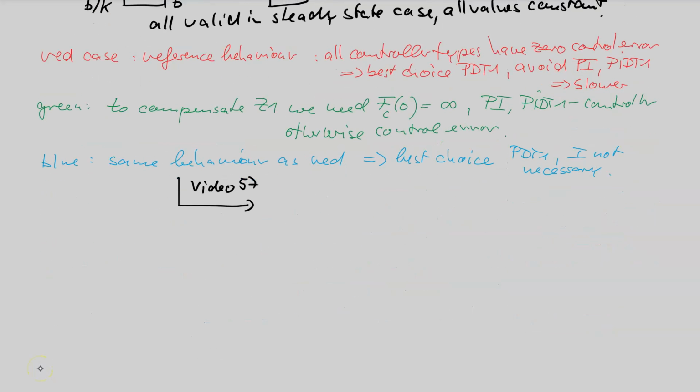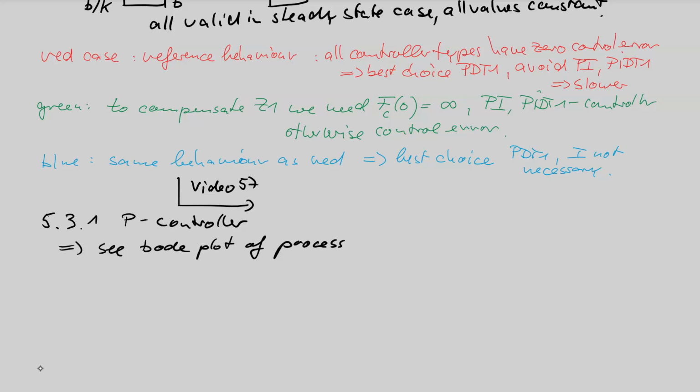Now we start the FRA design of this project number 4, and the design starts as we have done in the previous project with the P controller. We need the Bode plot of the process, see Bode plot of process in the workbook, page